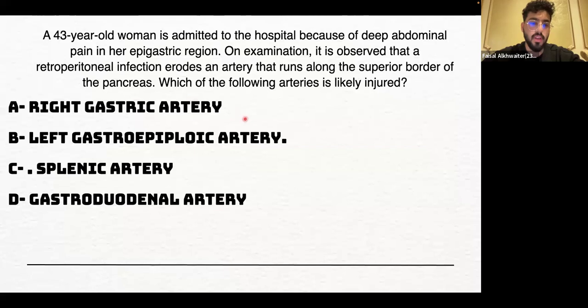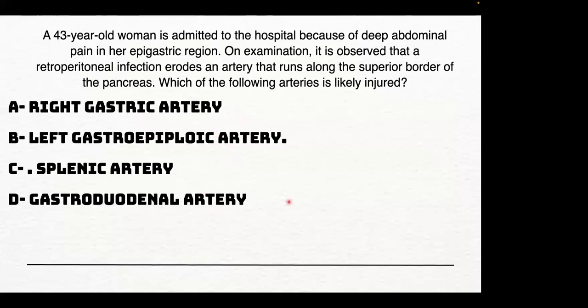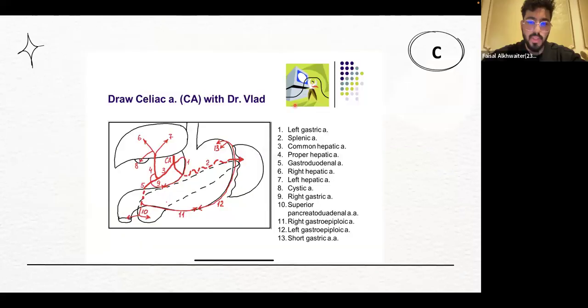Yeah. And what about the left gastroepiploic? The left gastroepiploic is a branch of the splenic artery. It supplies the left part of the greater curvature of the stomach. Okay, great. So just like your friend said,